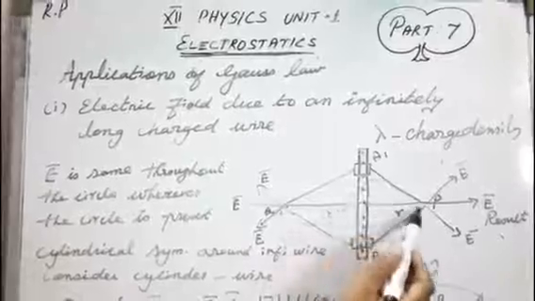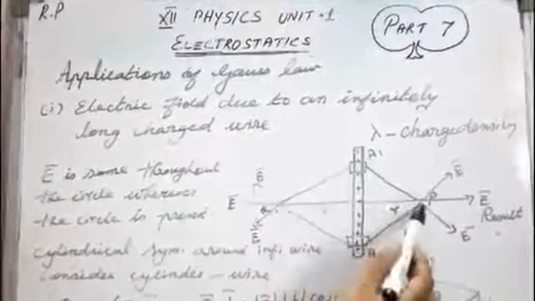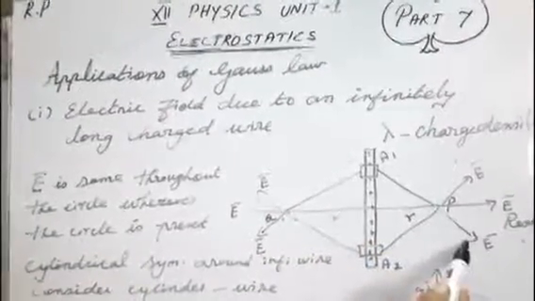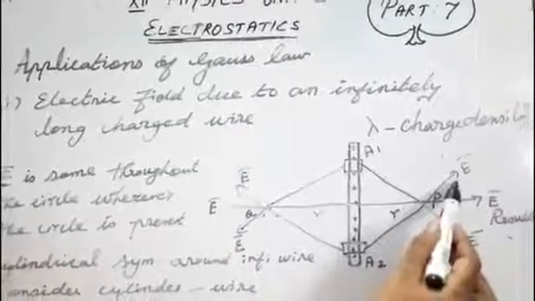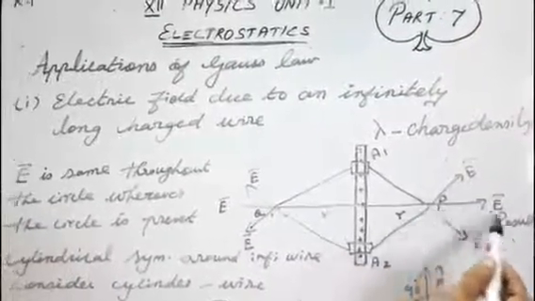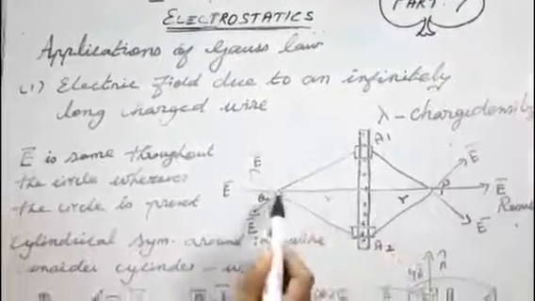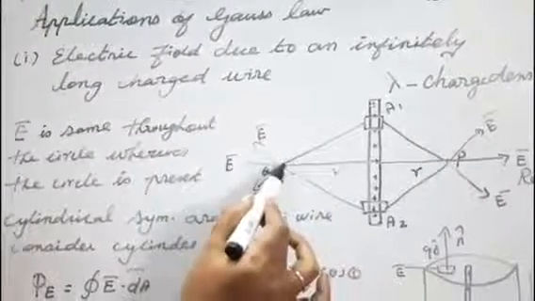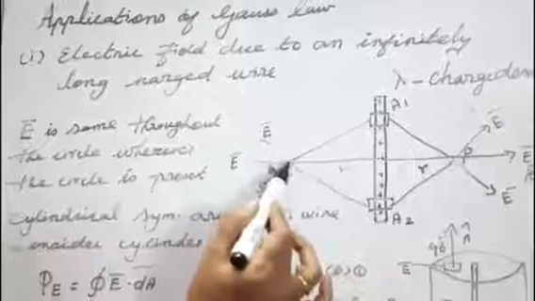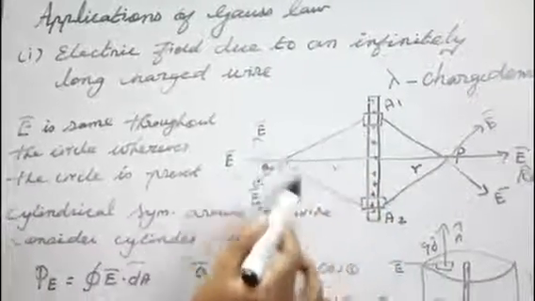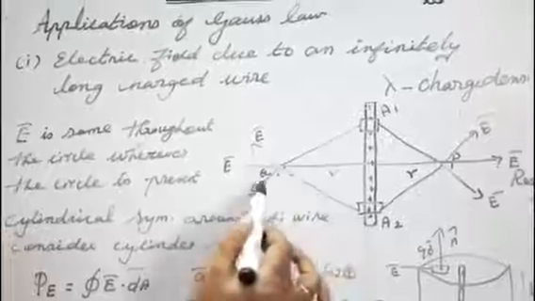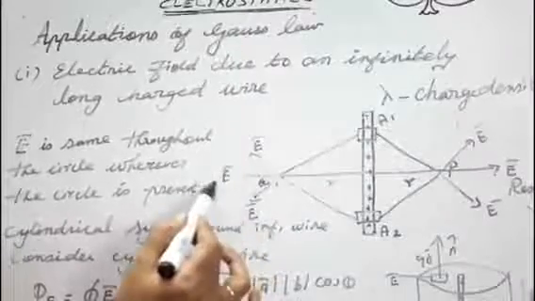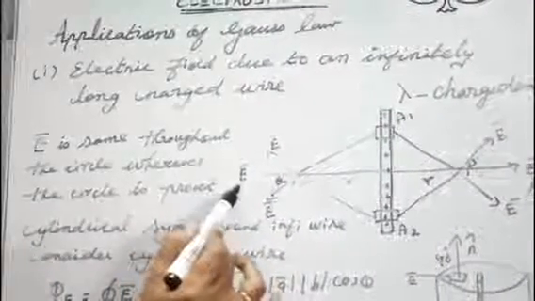Connect A2 to P and A1 to P at the same distances. Now the electric field we can extend here, this is E, and another electric field is here. The resultant electric field is in this direction. Like in the opposite direction, around we can draw one circle, and this point is Q, and here we can join A1Q and A2Q. Then the electric field is extended in this direction. For this line electric field is here, therefore the resultant electric field is in this direction. So this is the diagram.